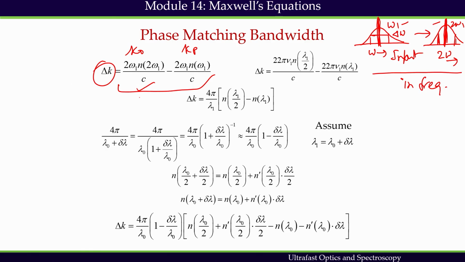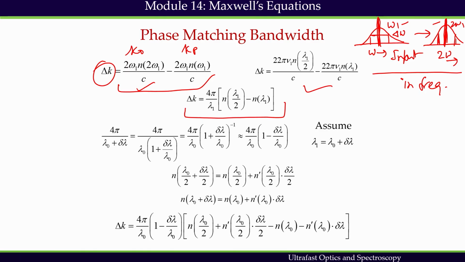In terms of wavelength, we can immediately express it this way. So, this 2 does not exist here. No, they should exist here. They should be there. Okay. So, finally, what we see is that delta k in terms of lambda we can express this way,